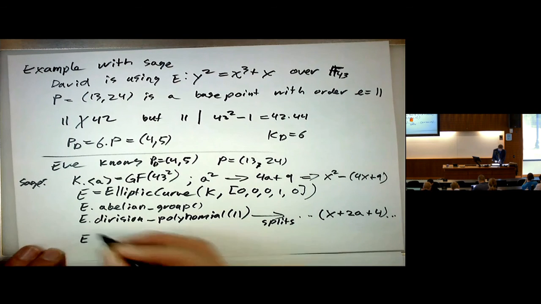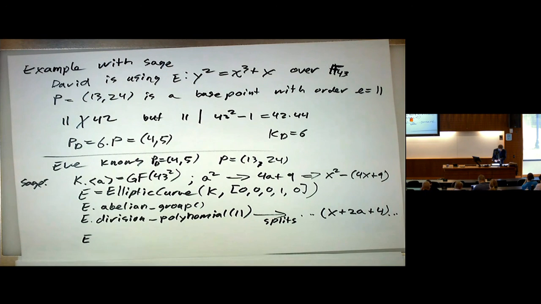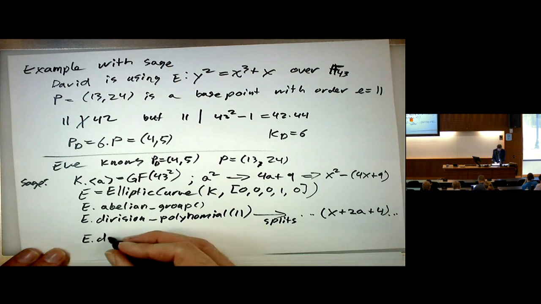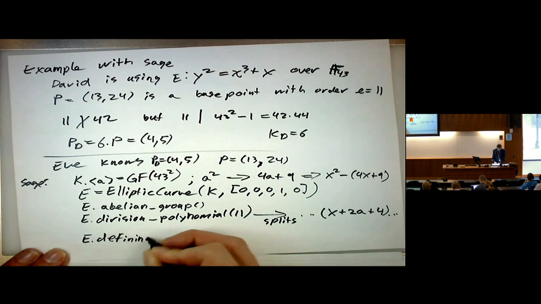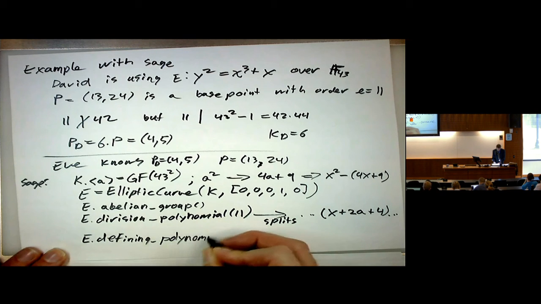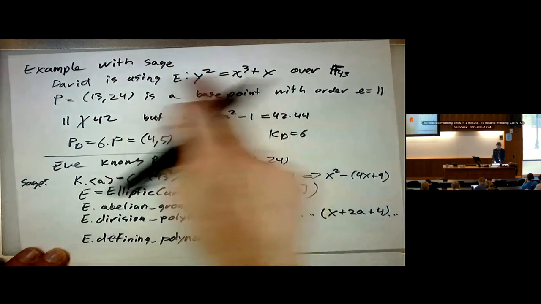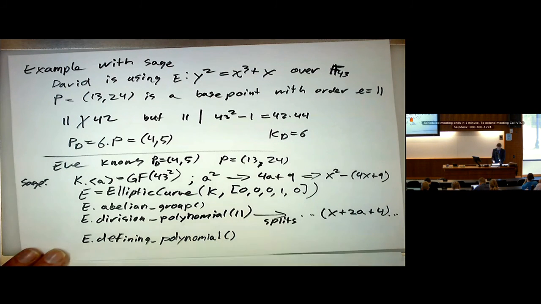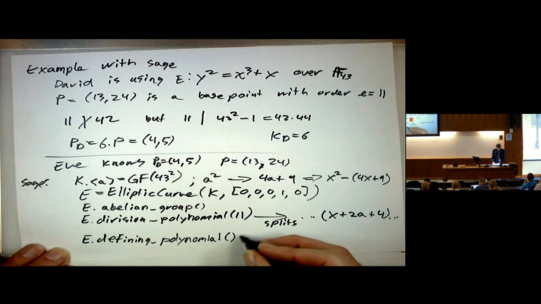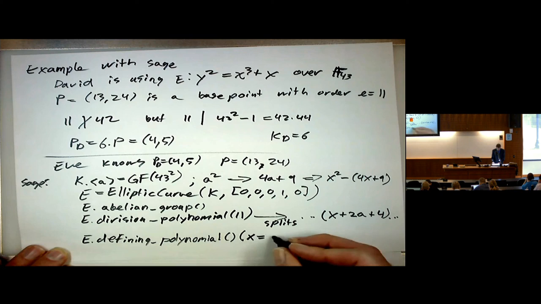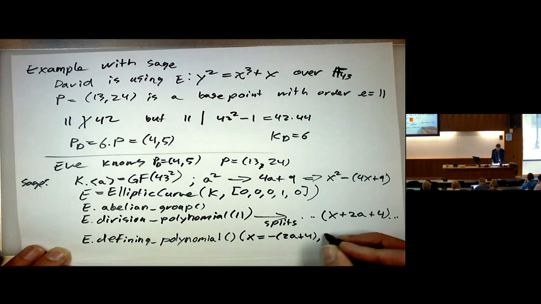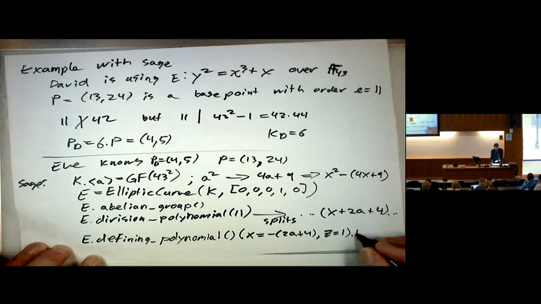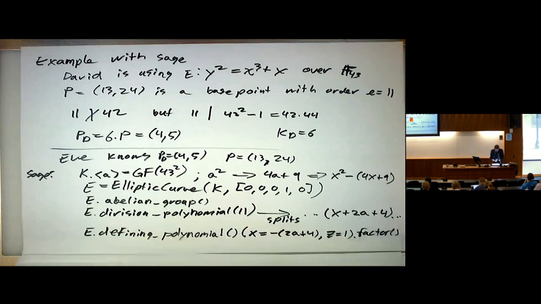So then you can determine the y-coordinate by doing E.defining_polynomial, which gives you, say, x cubed plus x minus y squared. Well, it includes z, actually. It gives you the homogeneous polynomial. And so you plug in x equals minus 2a plus 4, and z equals 1. And you're left with a quadratic in y, which you then factor. And it gives you